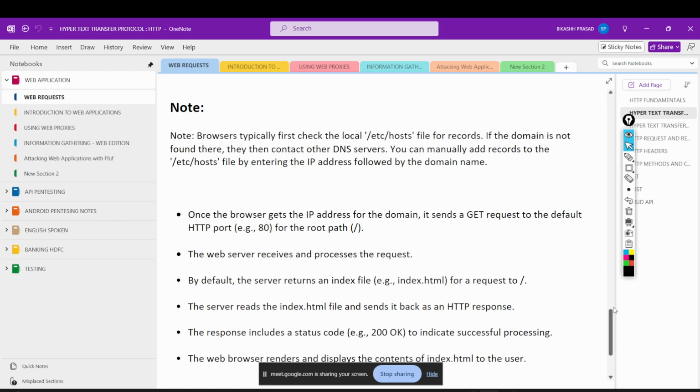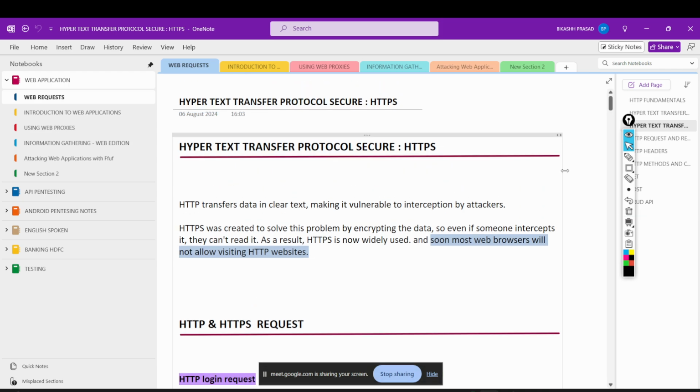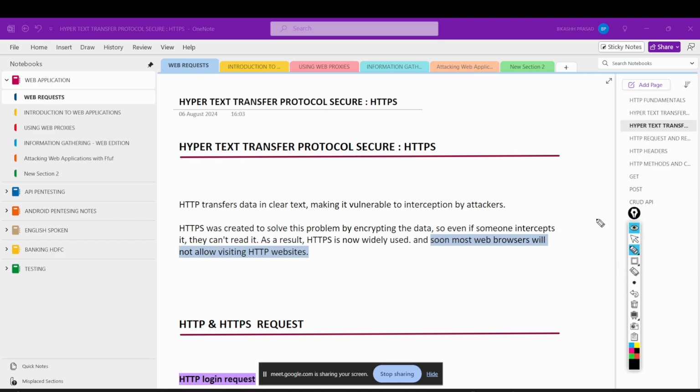Now, this is the case for HTTP. Let's talk about HTTPS. In HTTPS, there is one extra thing, that is the secure, right? So let's understand what it means and why we need HTTPS. HTTP transfers data in clear text, making it vulnerable to interception by attackers. It simply means that